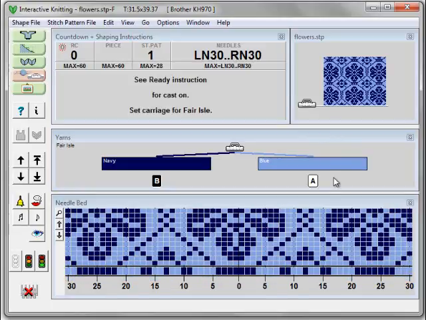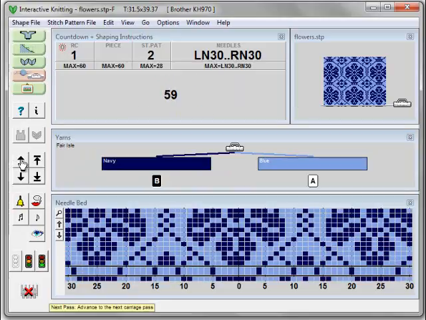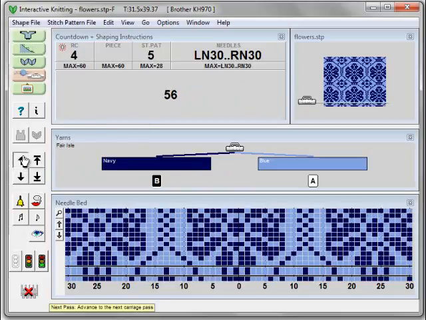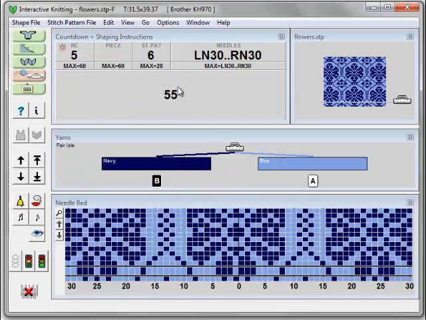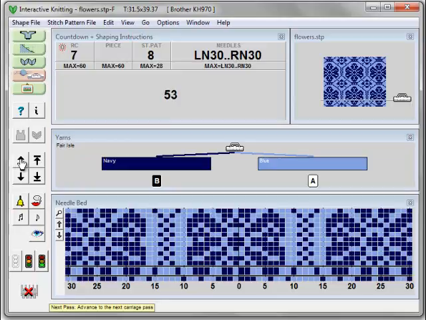So I'm at 0 again, and let's knit up. And now we've knit 1 row. Our row count should say is 1, and our stitch pattern is selected for needles selected for row 2 of our design. And so we're gonna keep knitting like this. It says it has 55 rows until it has to do something, and what's going to happen is it's going to hit the top of the row and it's going to say cast off, and that'll be our next set of instructions. But we're going to keep knitting